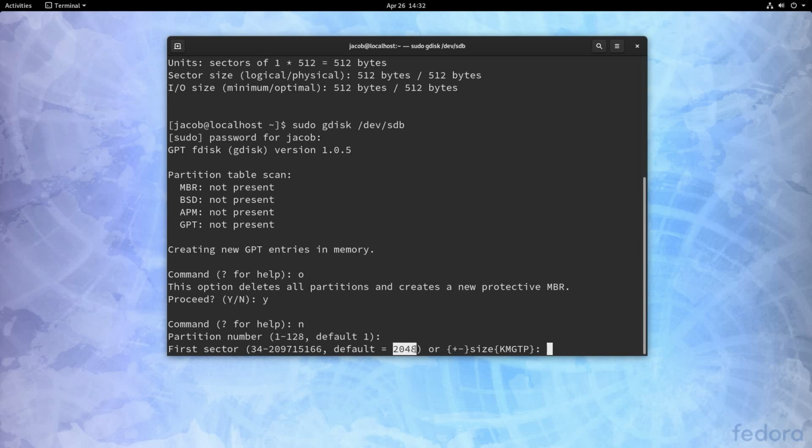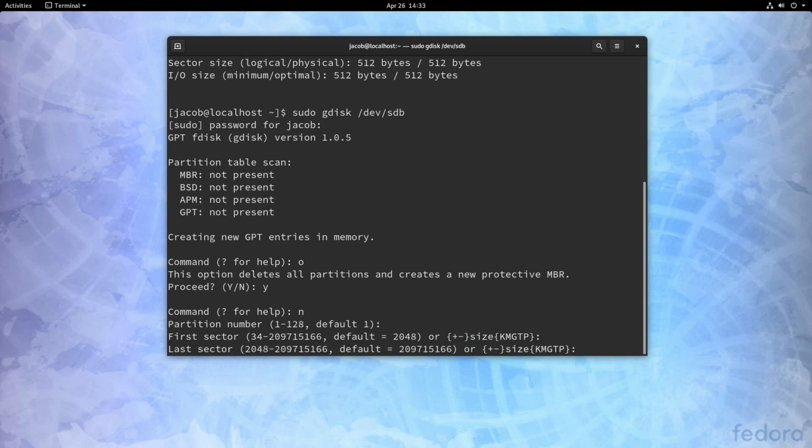This has to do with alignment, and I'm not going to get too into the low-level hardware details of how disks work today. To be honest, I'm not entirely knowledgeable about them myself, but basically hard drives are divided up into sectors that they actually physically work in, and so you generally want your partition to be aligned with those sectors for best performance. So that's why the default first sector is 2048. For now, we're going to accept the default first sector and the default last sector, and so once again, this is going to create us one large partition on the entire drive.